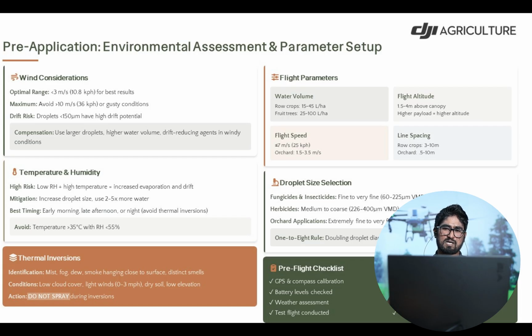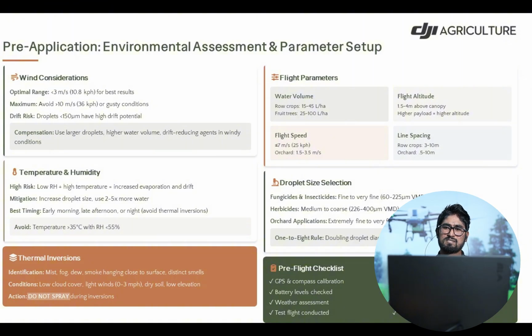When we are using orchard, we can use 1.5 to 3.5 meters per second speed while maintaining 3 to 10 meters in row crops and 5 to 10 meters in orchard crops. All the parameters are dependent on crop phenology, whether it is in a maturity stage, a vegetative stage, or a reproductive stage; based on the conditions we can change.